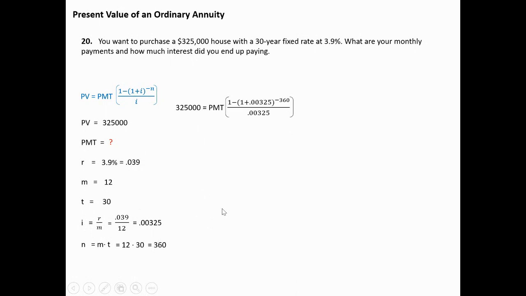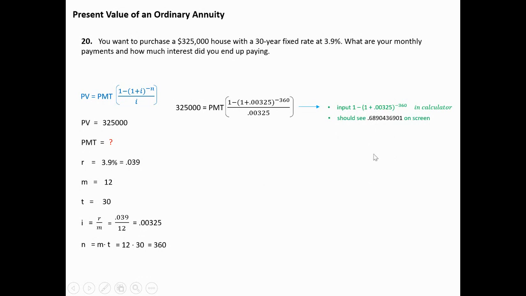Okay, so let's plug everything in. Now, if you notice, this is a little bit different now, because now we're solving for the payment. So I'm going to show you again in the calculator without losing the flow of the calculator. I'm going to show you how to get the answer. Okay, so I'm going to input my numerator here, just the way it is: 1 minus parentheses 1 plus 0.00325 parentheses to the power of negative 360. If you put that in, then the calculator is going to give you something like